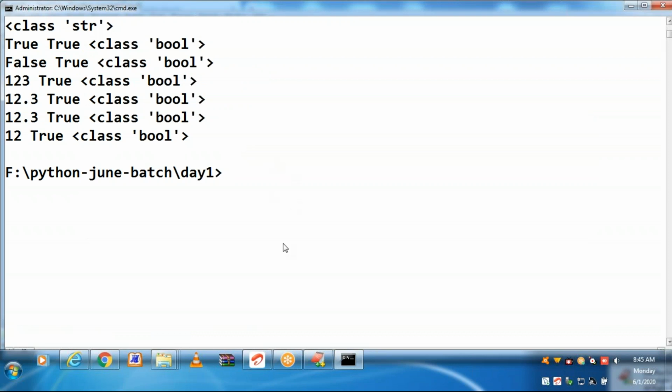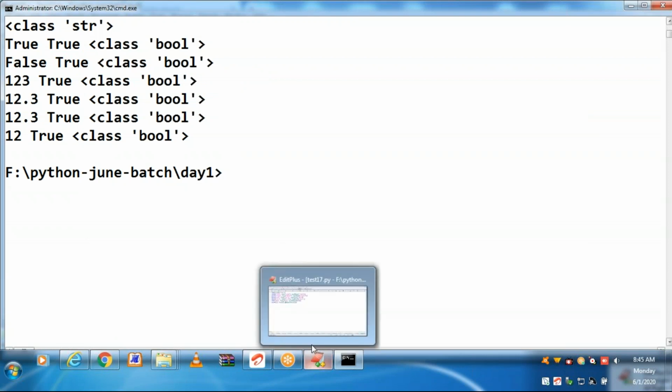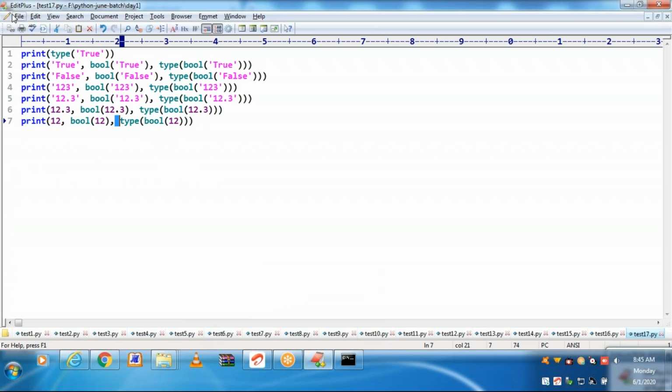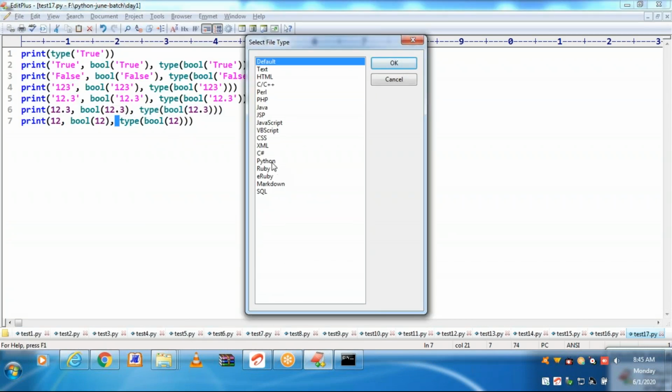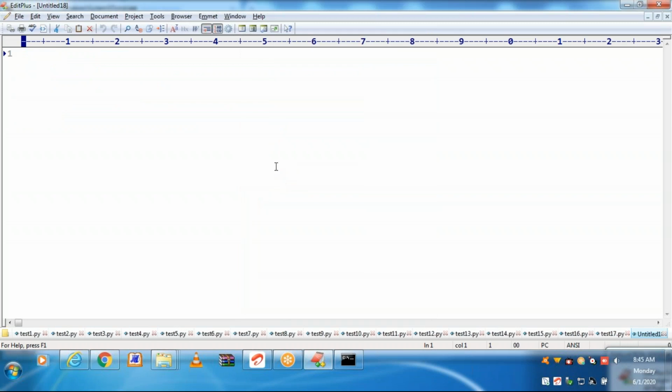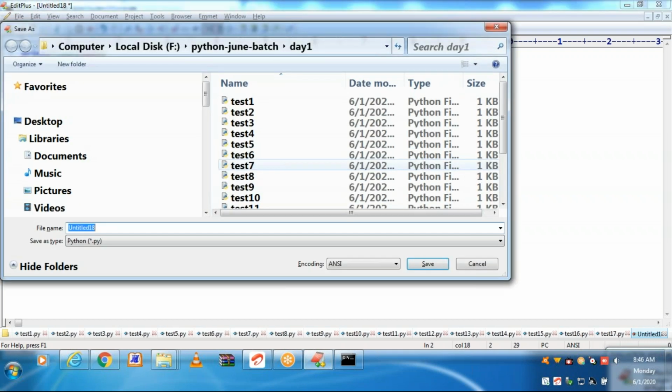Let us see the last built-in function in the data types, that is float. Print of float of 1, 2, 3. Float of 1, 2, 3.